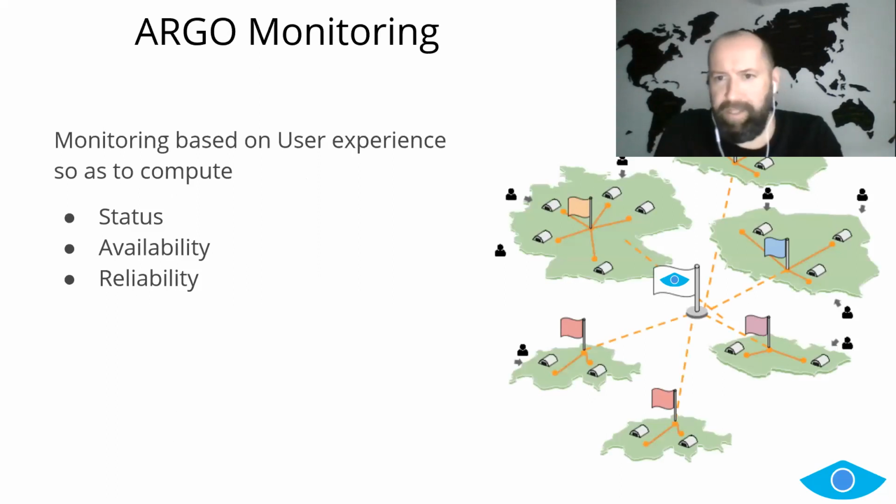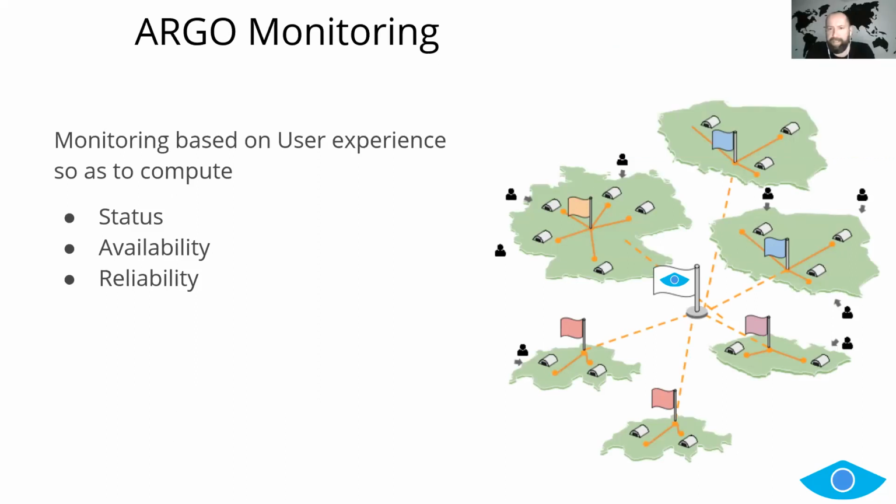EGI, I'm not going to describe what EGI is. You can imagine a bunch of services lying in different countries, distributed over different institutes, and handled by different groups of people. The point of Argo is to continuously check how these services are behaving in order to provide availability and reliability reports. As most of you know, if you had any experience with EGI, these reports are the basis for the SLA/OLAs that we all have to sign once onboarding in whichever role to EGI.